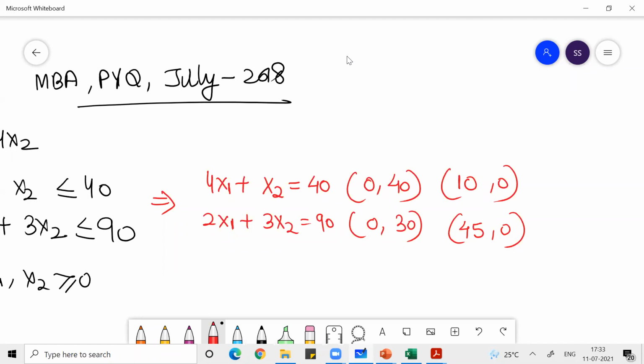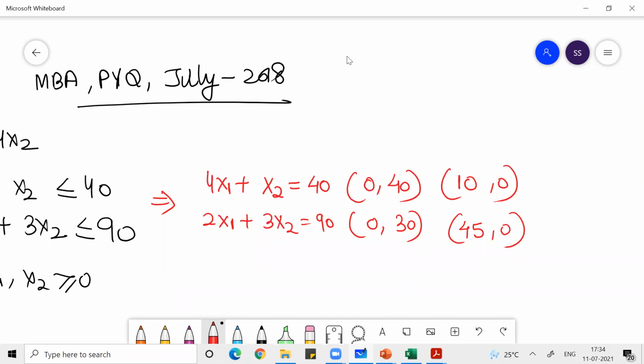Clear, everyone? One or two people were having doubt in creating these values. So my sincere suggestion to you people: put one variable as 0. If x1 is 0, then 4x1 will be 0, and x2 will be equal to 40. Similarly, if you put x2 as 0, then 4x1 + 0 = 40, so 4x1 is equal to 40, so x1 is equal to 10. So like this,